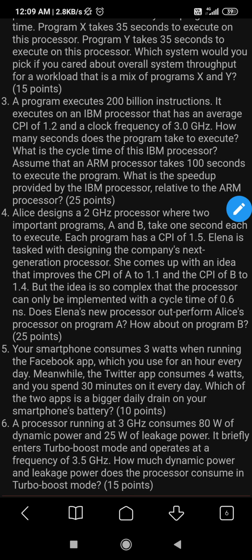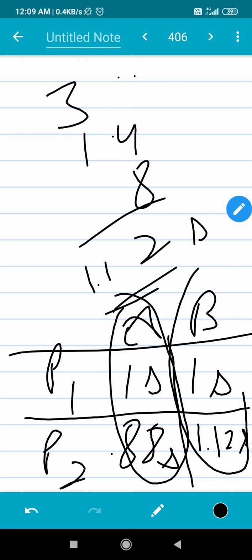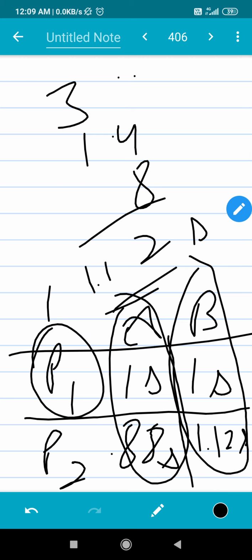So does Elena's new processor outperform Alice's processor on programs? Individually, they're asking. But now it makes sense. I was so stupid, I didn't see. So when I talk about this column individually and this column individually, it all makes sense. On a single thread, we can compare. So let this be X and this be the processor one only. We can actually say that